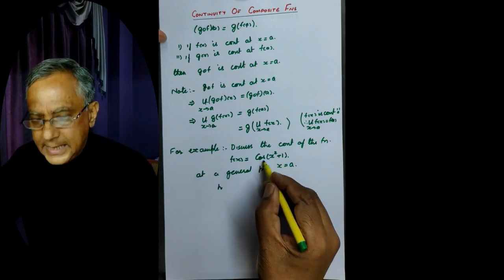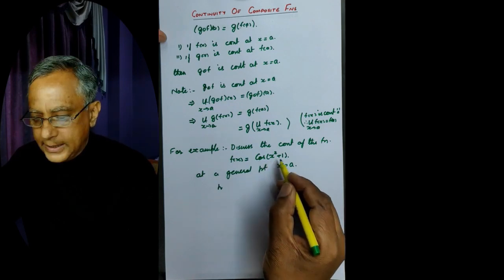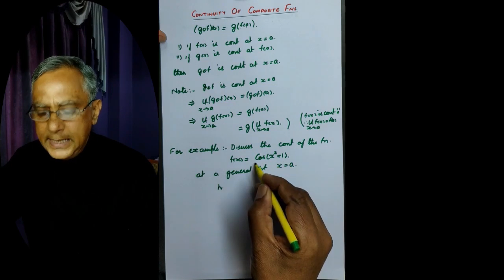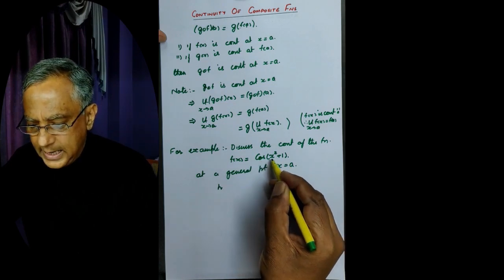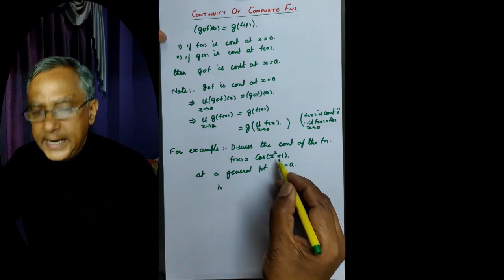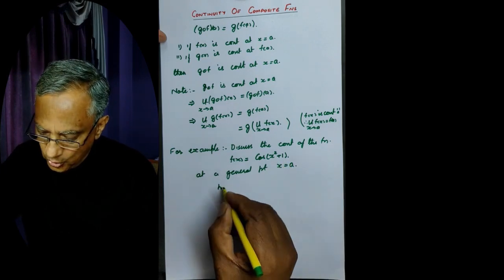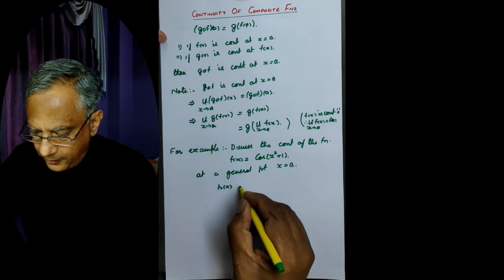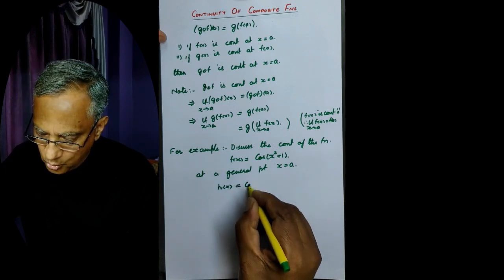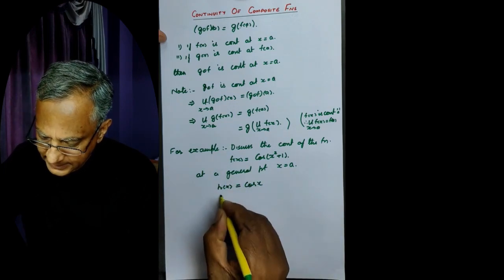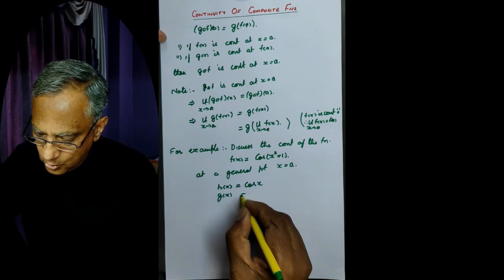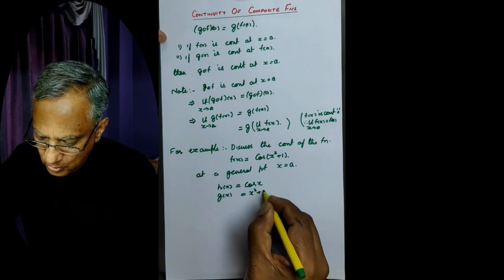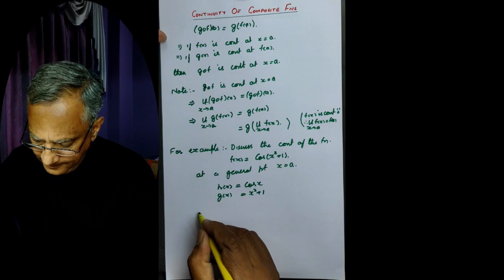We read this as cos of (x square plus 1). This implies it is a composite of cos and x square plus 1. So this is a composite of, say, h(x) equal to cos x and g(x) equal to x square plus 1,